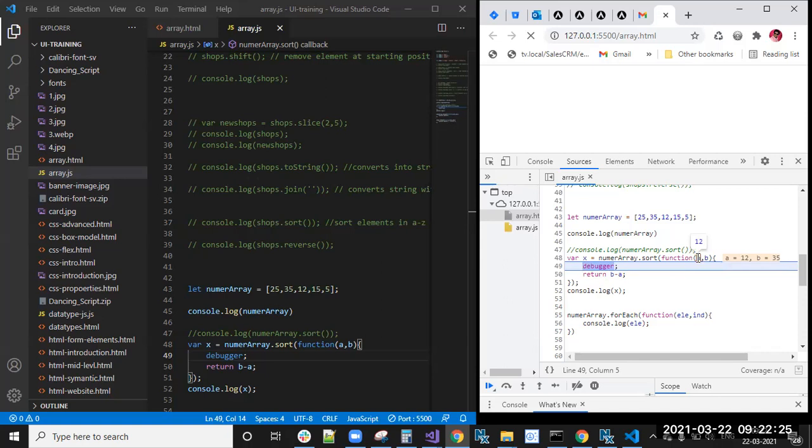Again, B is 35, the previous value. It will hold the previous value. Which one is bigger, 25 or 35? 35 is bigger, right? Still, it will hold that value. So B is 35. Now you can see again, B is 25. Like that, each and every value it will check.